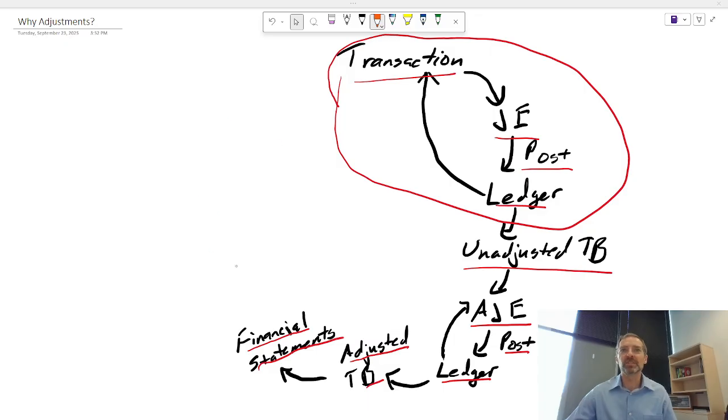We still have this big blank spot here, and that is going to be the subject of the next chapter: how do we complete this? And once we have created the financial statements, how do we get ready to do this cycle all over again?